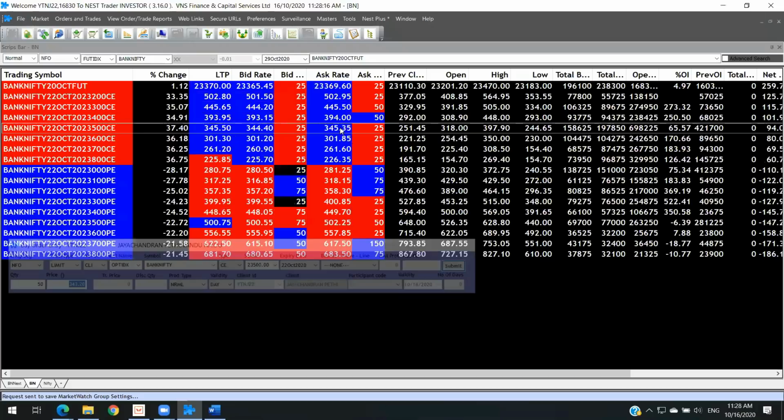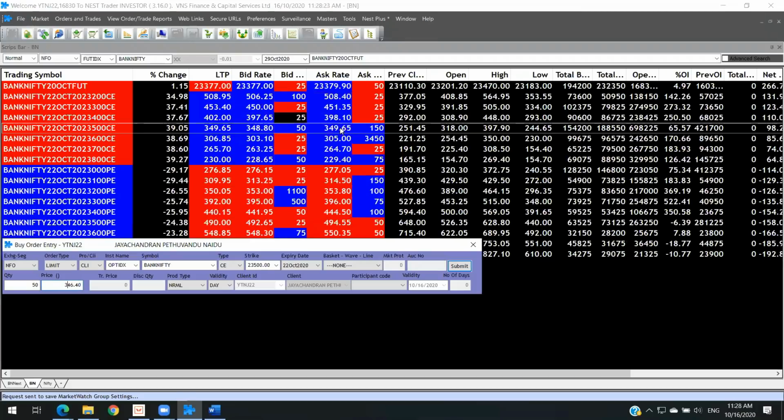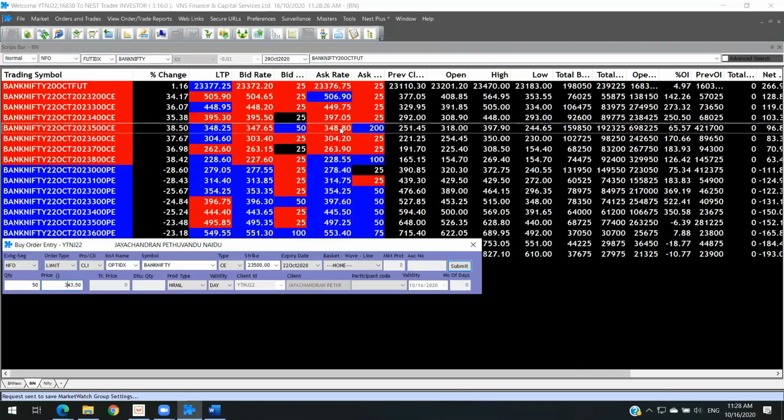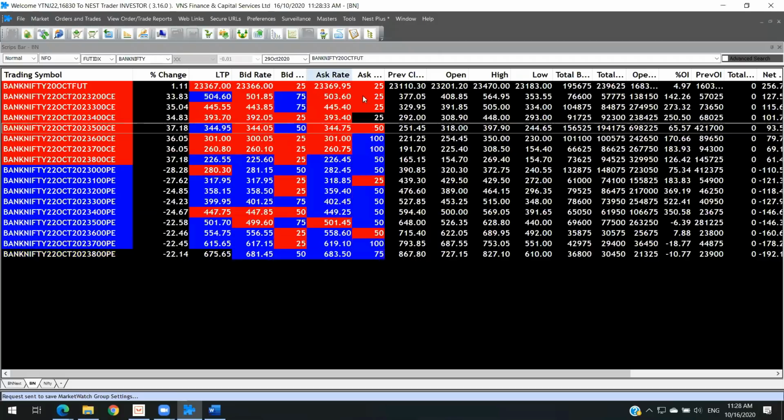In this scenario, if you wanted to buy it little lower, use your down arrow key and then pull your prices as much as possible to the level at which you wanted to buy it, or to the level at which you wanted to place your buy order. These are the 4 columns.